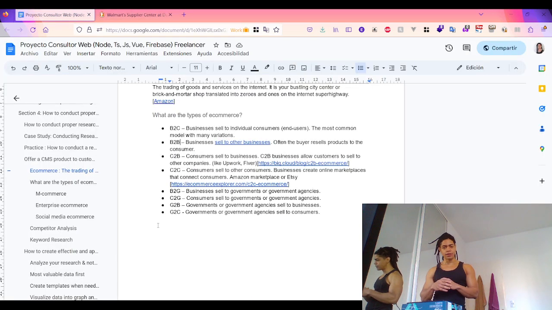And also another type of e-commerce is customer to business, such as freelance work, online services, user-generated content, reverse auctions, crowdfunding. Now when it comes to government to business, you have things like public procurement portals like the FBO in the US, the Federal Business Opportunities, or the UK Contract Finder Service,